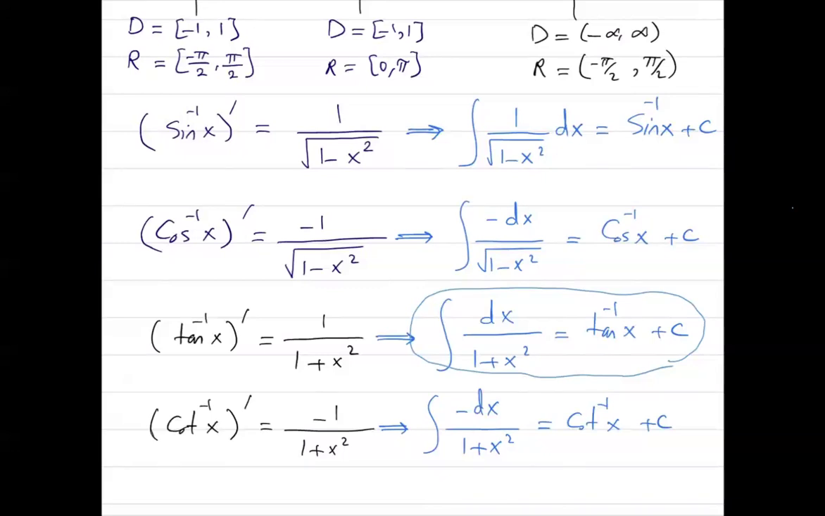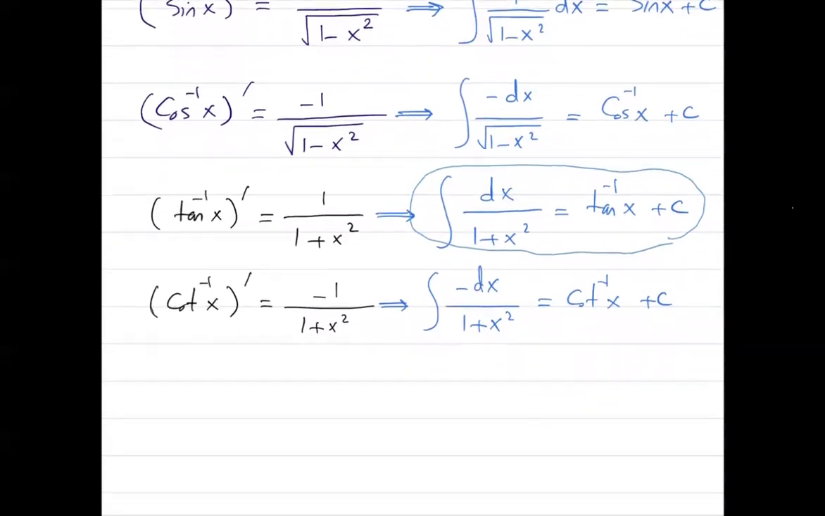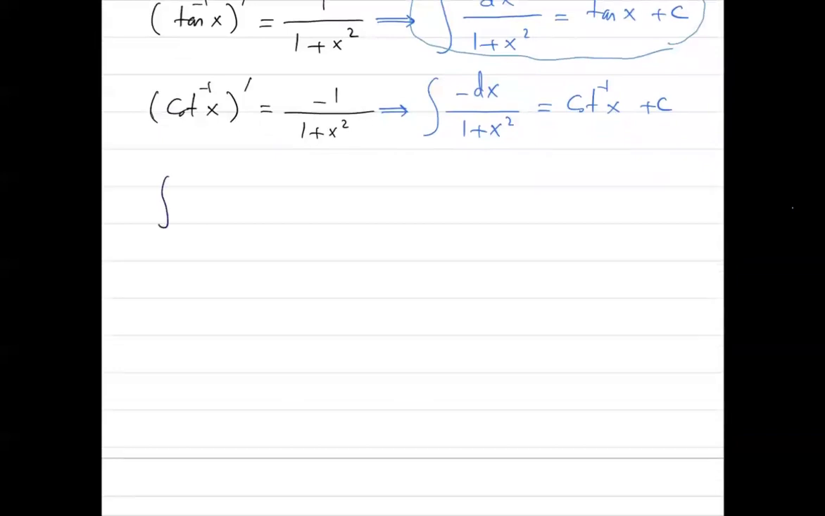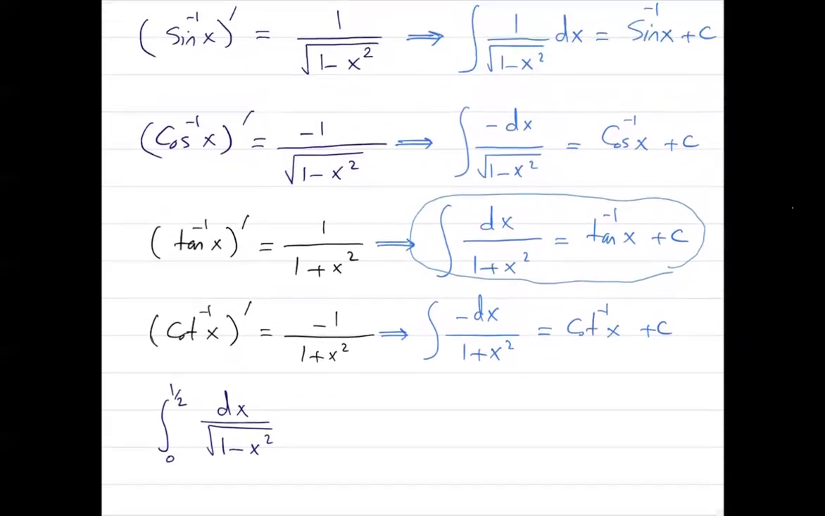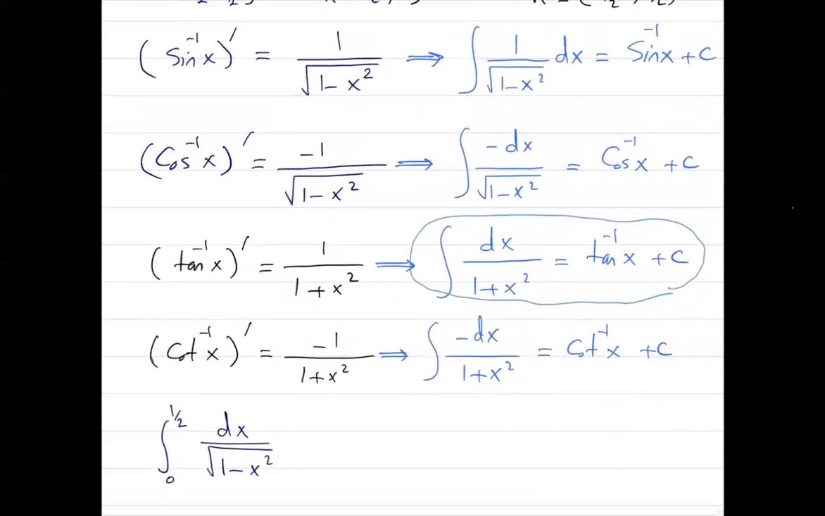In this example down here, we want to calculate the definite integral of dx divided by the square root of 1 minus x squared as x ranges from 0 to a half. Well, we need to memorize these formulas. The integral of 1 over the square root of 1 minus x squared dx is inverse sine of x. So far we know that this is arcsine, or inverse sine of x, as x ranges from